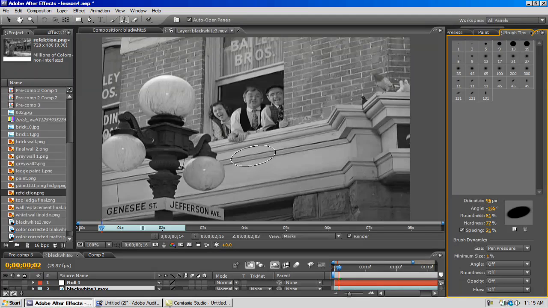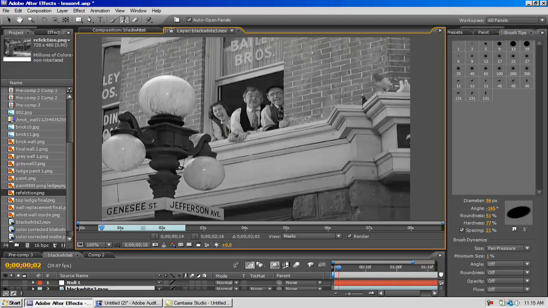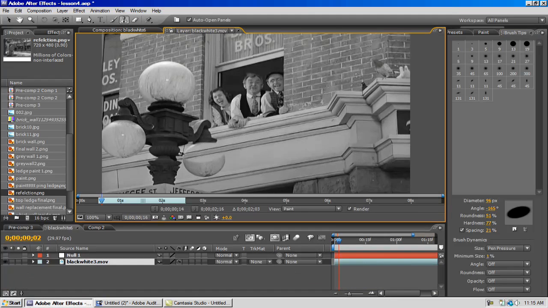So what you want to do is hit the Alt button, get you a spot to clone. So we're going to clone right there. Click the mouse, slide over, click it again. Perfect. That looks pretty good, actually. But it usually never lines up that good, so